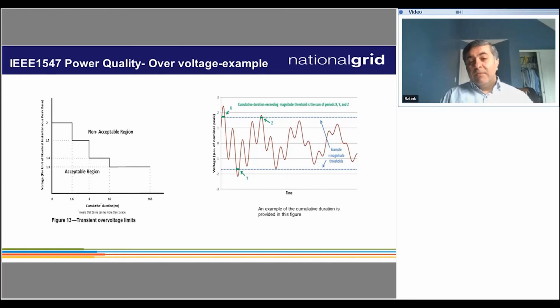So within a 1 minute time window, you calculate how many times the red crosses blue, and then you add all of those times. That becomes the cumulative duration on figure 13. So you put that number there and see if the point is within the acceptable region or unacceptable region. So that's basically what the standard